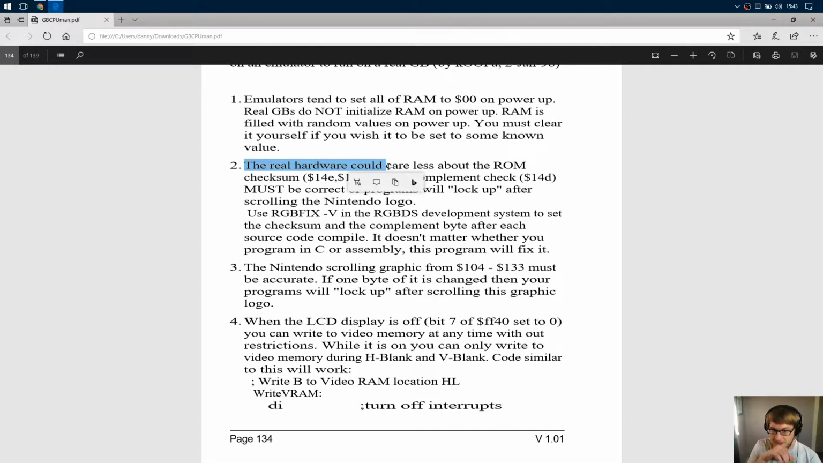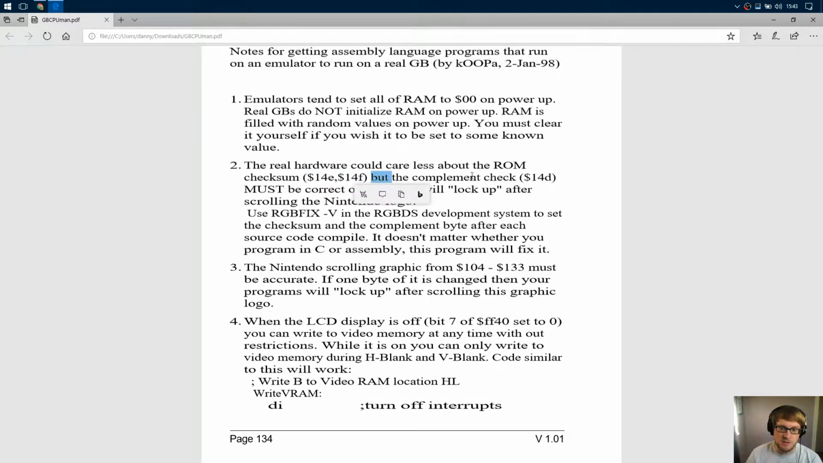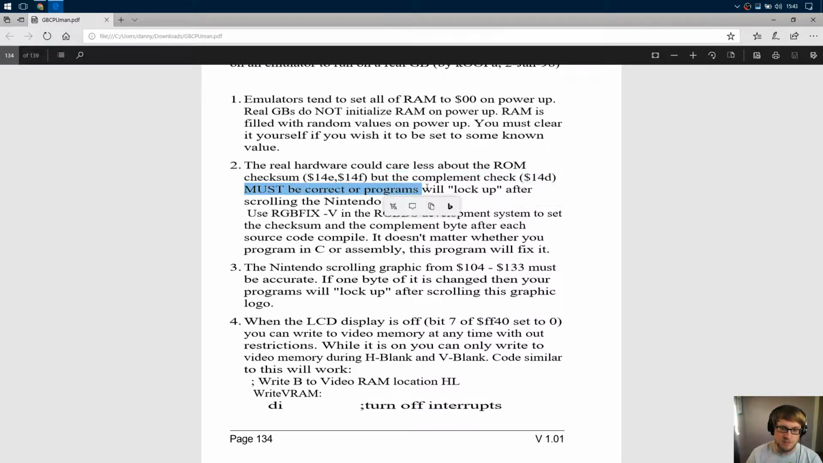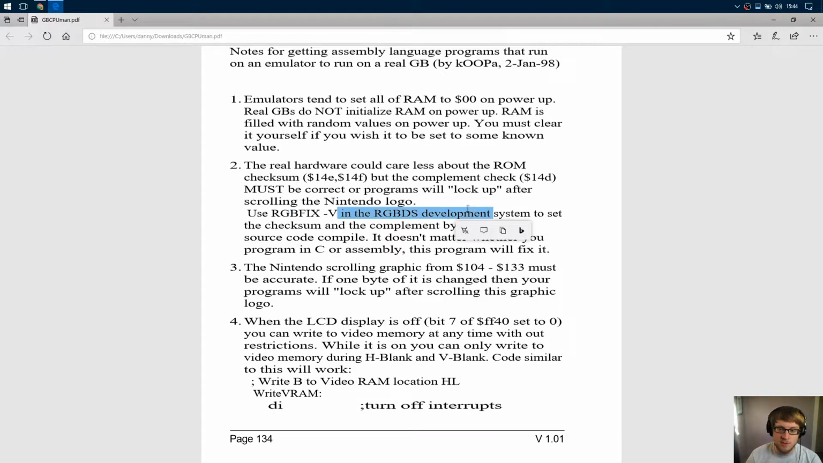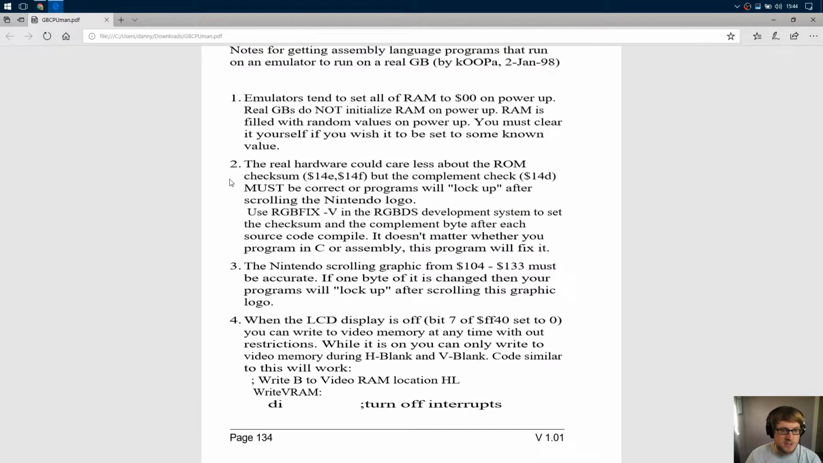The real hardware could care less about the ROM checksum, 14E, 14F. The complement check, 14D, must be correct, or programs will lock up after scrolling the Nintendo logo. So, what this is saying, well, let's keep going. Use RGBFIX -v in the development system to set the checksum in the complement byte after each source code compile. It doesn't matter whether you program in C or assembly, this program will fix it. So,